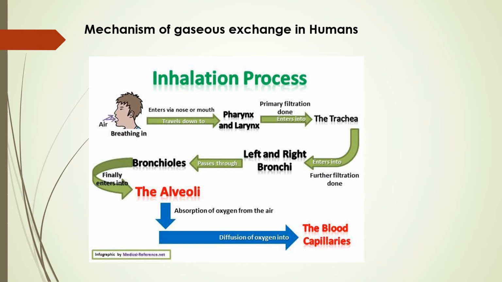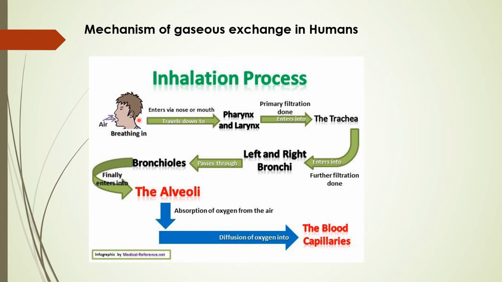Gaseous exchange is done in three steps: inhalation, then exchange of oxygen and carbon dioxide in the alveolar sac or wall of the alveoli, and after that exhalation. These are the three steps by which a complete exchange of gases takes place during the process of respiration. The first step is inhalation. What happens in inhalation, you can see in this flow chart also. The intake of air is simply breathing.